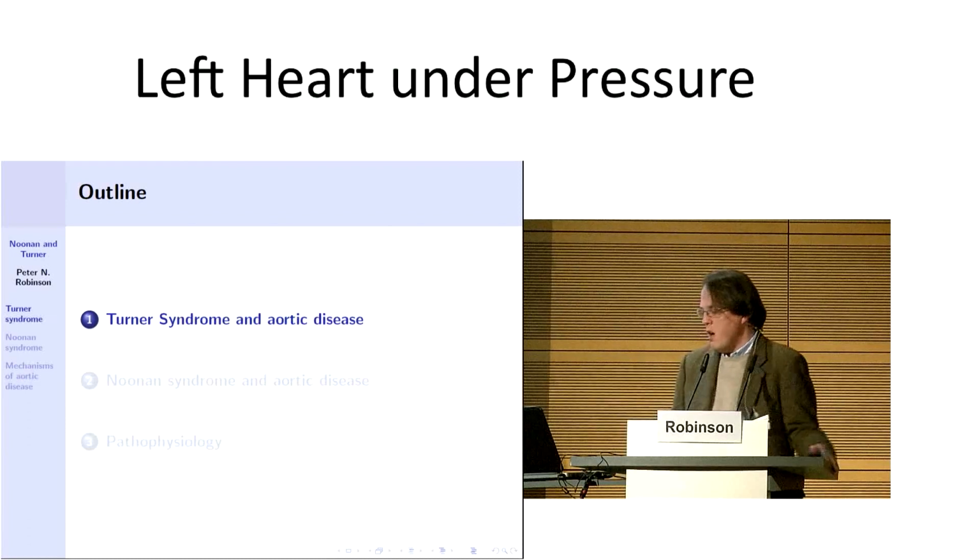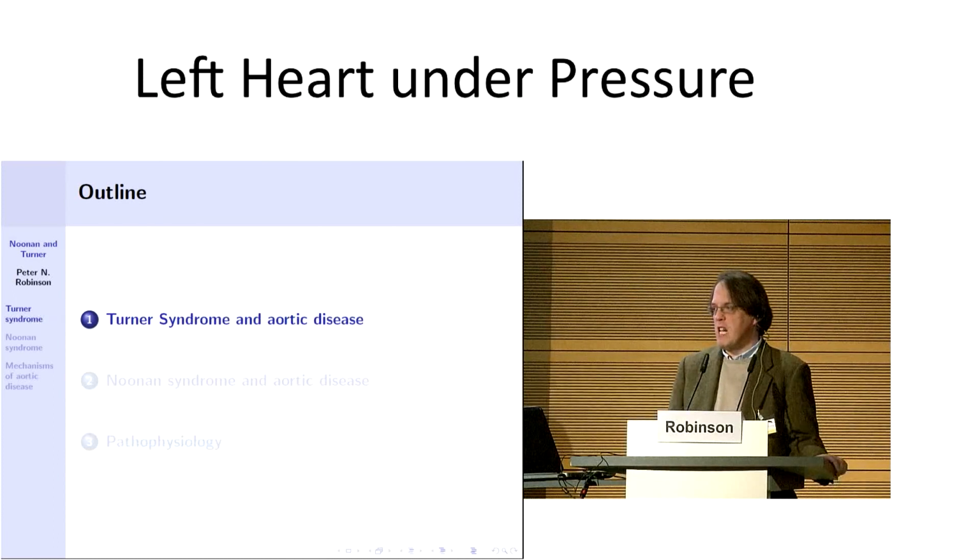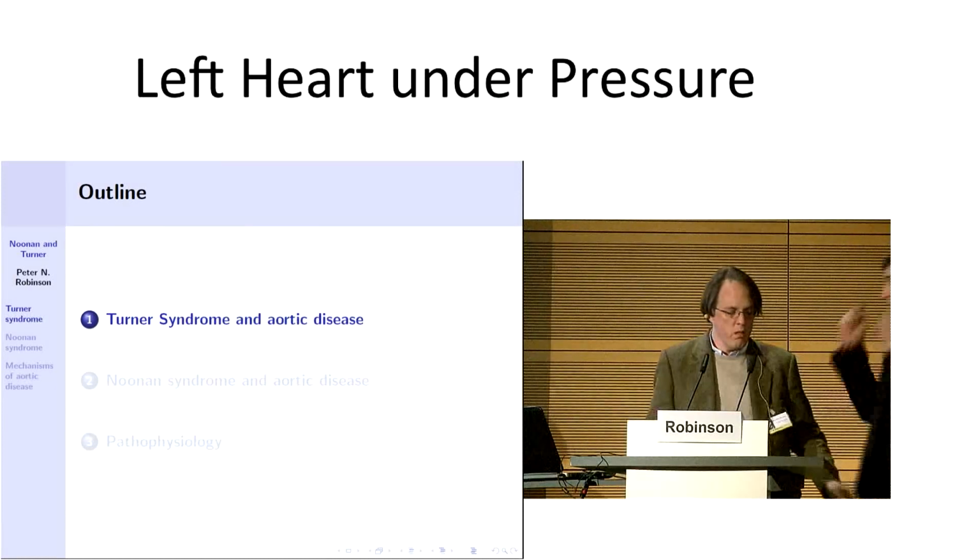So I'm going to give you a review of what I found out about Turner syndrome and the aorta, the same thing for Noonan syndrome. And in the last third of the talk, I'll talk about the pathophysiology. Since there's nearly nothing known about that, I'm going to have to tell you something about the patho...